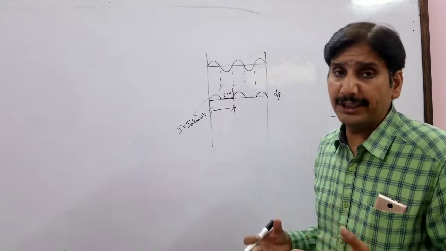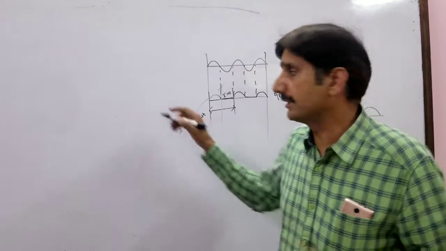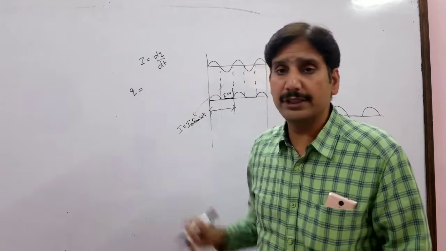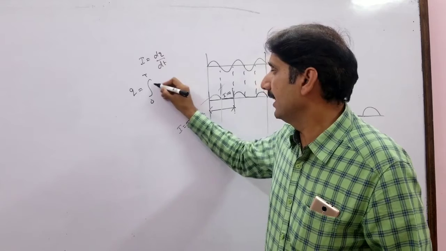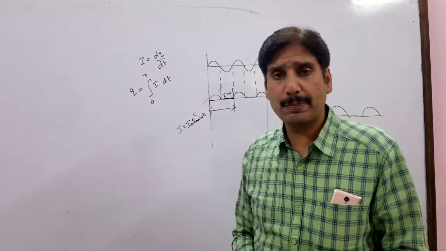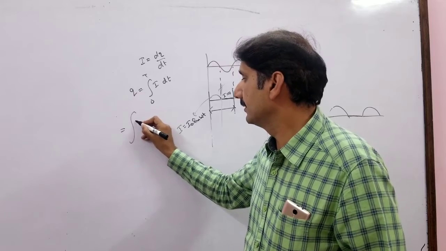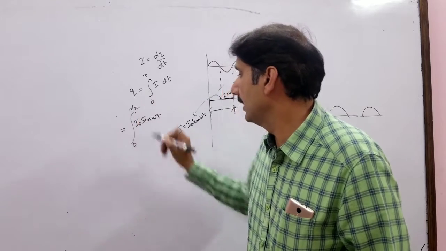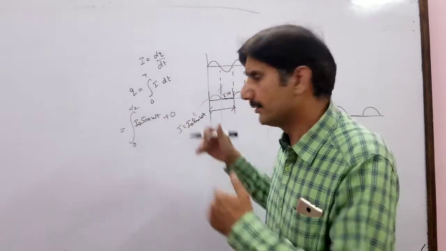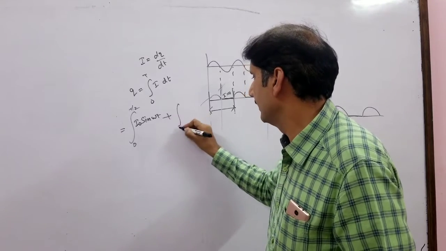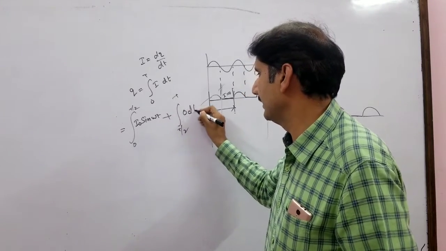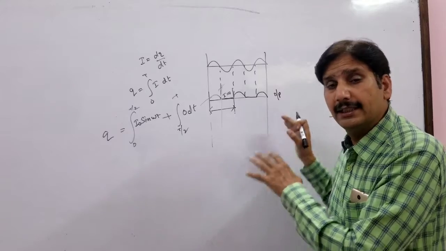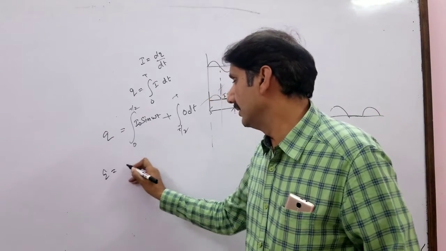How would you take the average charge sent by this signal to the load resistance? We know that current is equal to dq by dt. So if you wish to find dq, you need to integrate I dt from 0 to T. What was I? I is I naught sine omega t for 0 to T by 2, plus 0 current from T by 2 to T, which you can simply write as 0 dt from T by 2 to T. This is the total amount of charge sent by this output signal through the load resistance. So what is Q? Q is equal to I naught